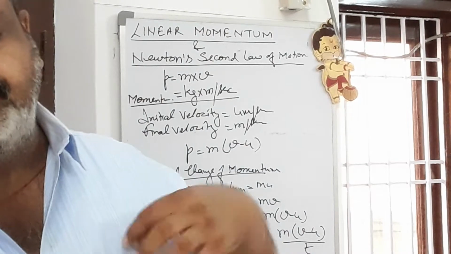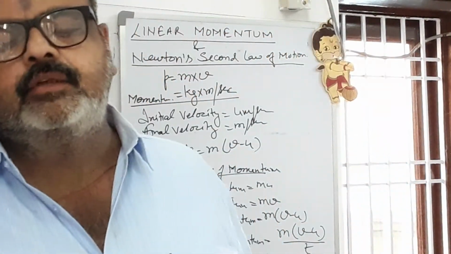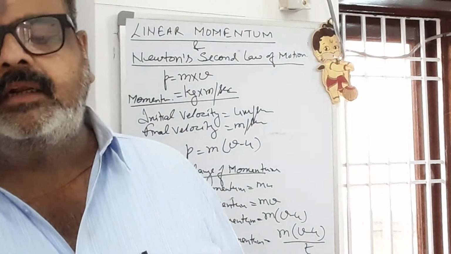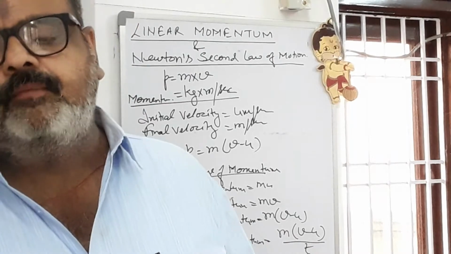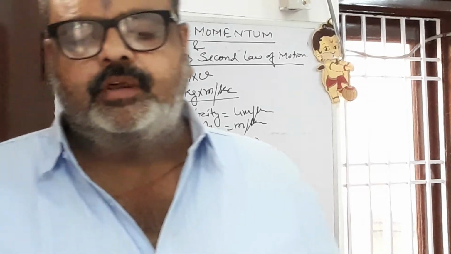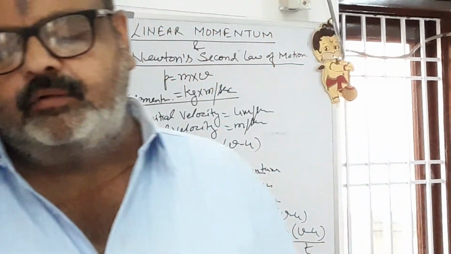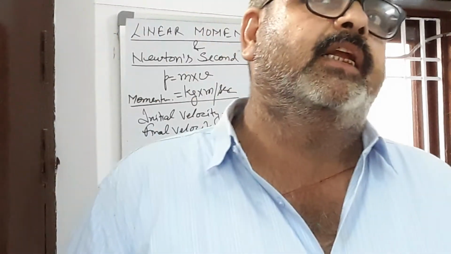Clear? Thus when a force acts on a body, the rate of change of momentum of the body is equal to the product of the mass of the body and the acceleration produced due to the force, provided that the mass of the body remains constant. Clear? This alternative method is a good method and easy for you. Newton's second law of motion, same way: F is equal to m into a. Force is equal to mass into acceleration. Greater the mass, greater the force that will be applied. Greater the acceleration, greater the force required or applied on a moving body.